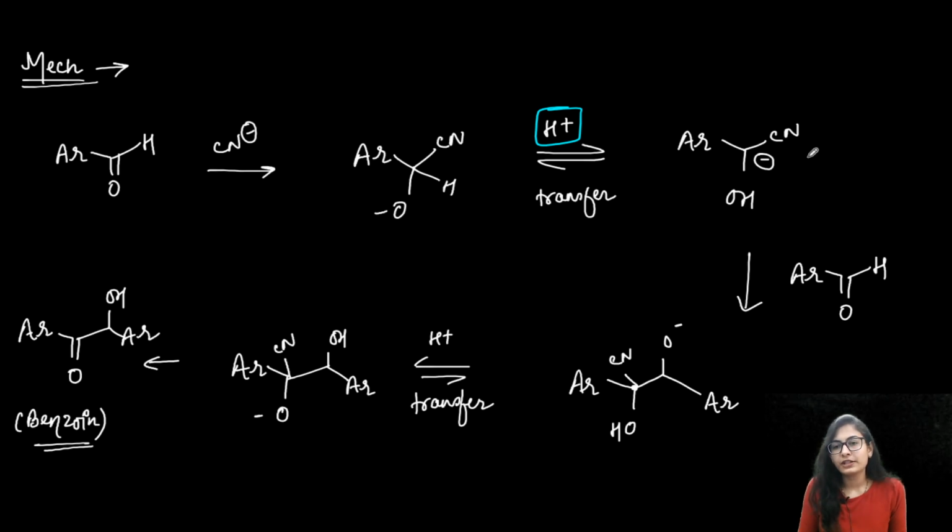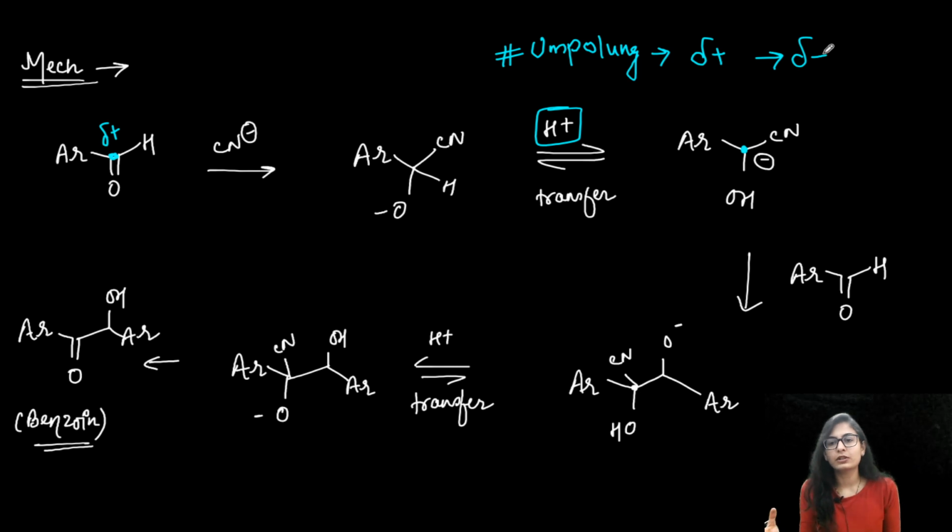Alright, and it is the OH and the cyanide on this carbon. This was the carbonyl carbon, isn't it? We started from the carbonyl carbon, which usually has the delta plus charge, or let's say polarity. Now it is having a negative polarity over here, so this kind of reaction is also categorized under Umpolung. What is Umpolung? Umpolung is reversal of polarity. If a carbon was delta positive, and it changes to delta negative throughout the course of the reaction, that would be called an Umpolung reaction. And the same happens over here. So we just got our nucleophile like this.